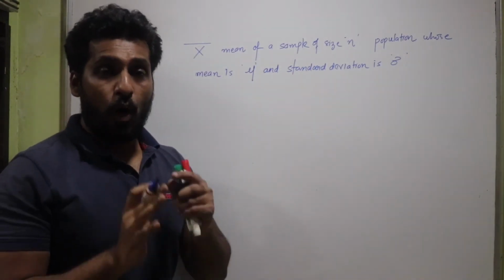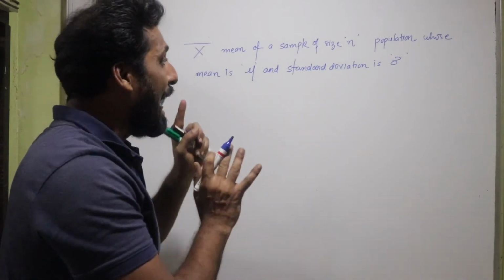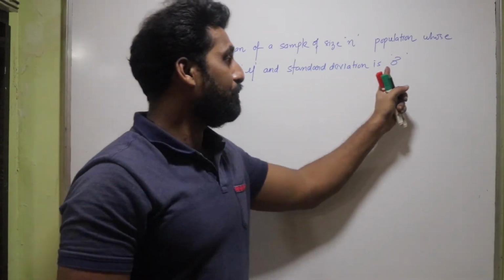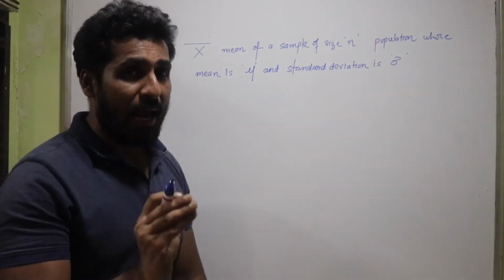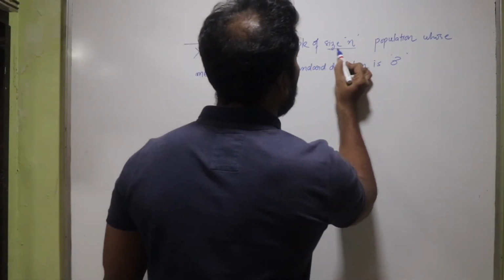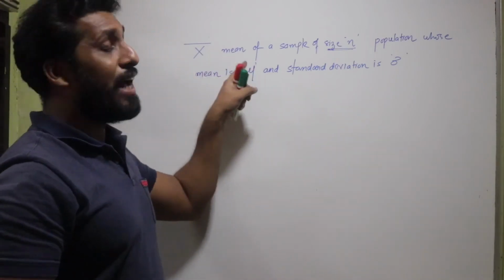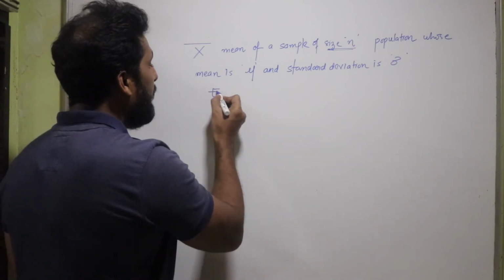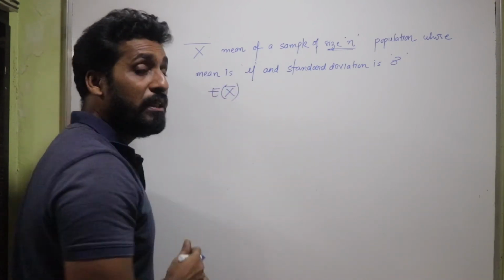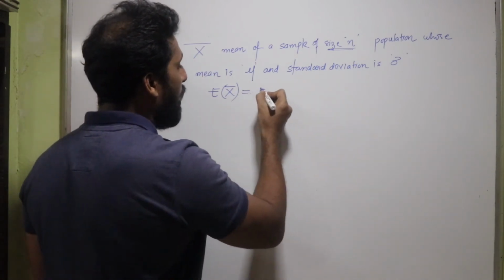We have a population. The mean of the population is given as mu. The standard deviation of that population is sigma. From this population, we have taken a sample of size n. So the sample has size n, and x bar is the mean of that sample. Then I can say E of x bar, that means the expected value of x bar, will be given by